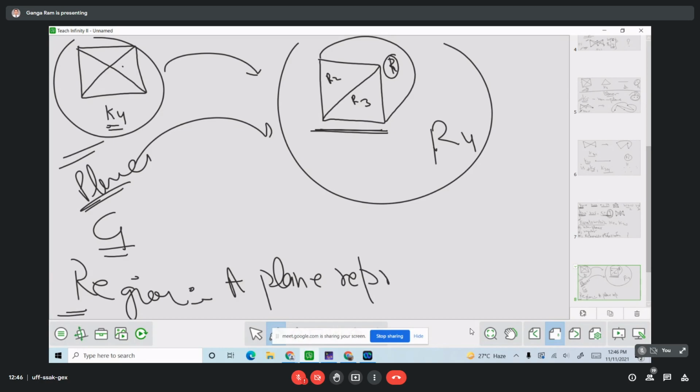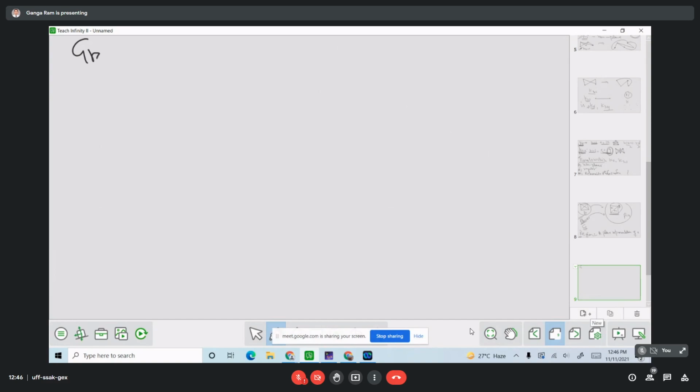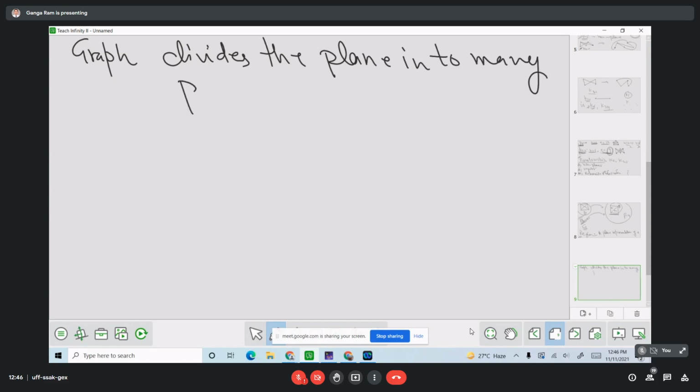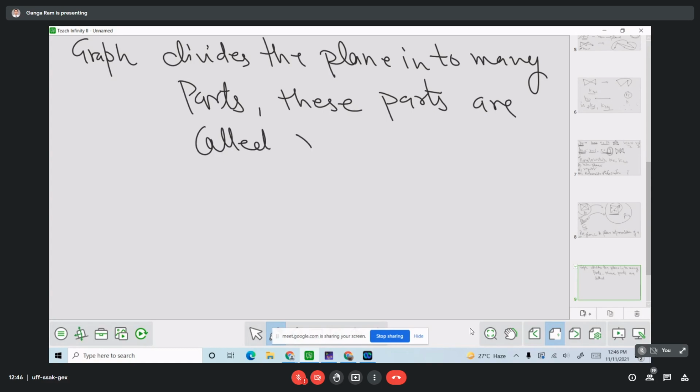A plane representation of a graph divides the plane into many parts, and these parts are called regions. Some books write regions,